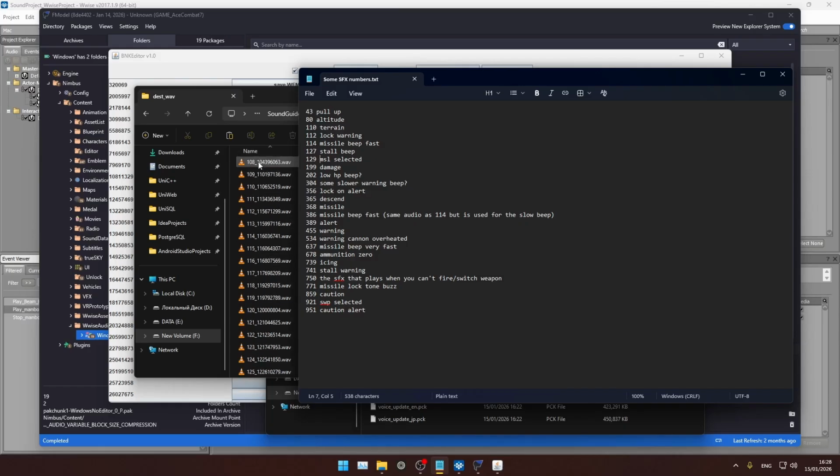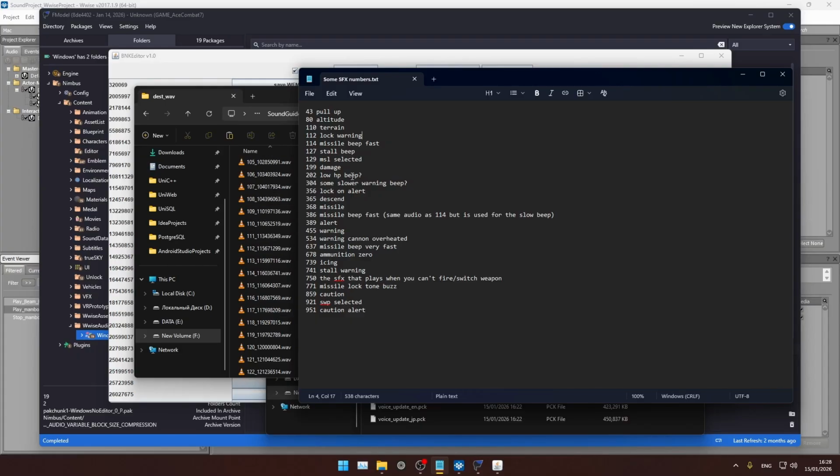The actual ID of the sound is the second half. So, for example, what I have written down as 112 lock warning, its actual ID is 11, 56, 71, 299, and